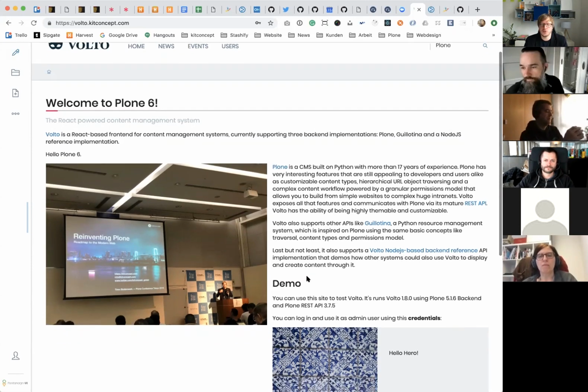Of course, we want to be able to do more, right? We want to have the additional tiles that we imagine. We want more hero tiles. We want things like a collection tile that allows you to replace collections. We want to simplify Plone in general in terms of getting rid of the default page and only work with folderish pages.